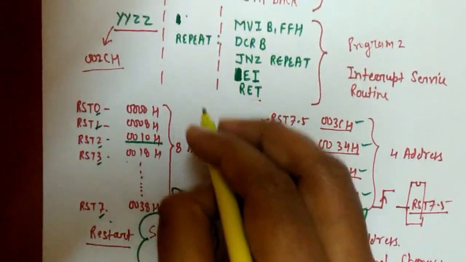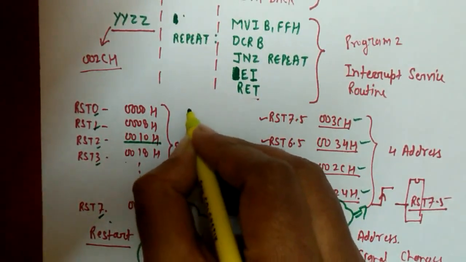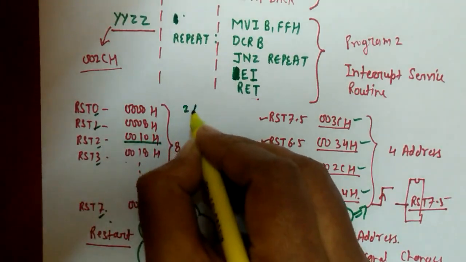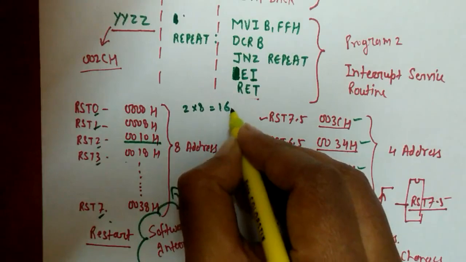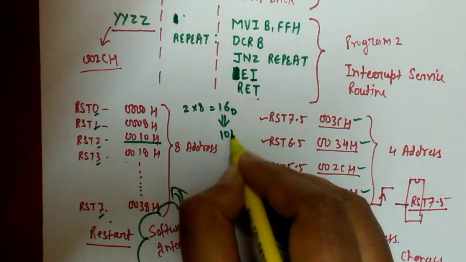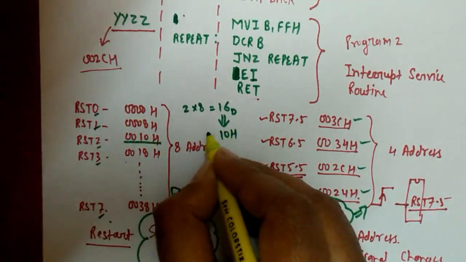For example, for RST2, the number is 2, and we multiply 2 by 8 and get 16. But remember, this number is in decimal, so we convert it to hexadecimal, and the hexadecimal counterpart of 16 is 10H, and so at page 00 the address that we get is